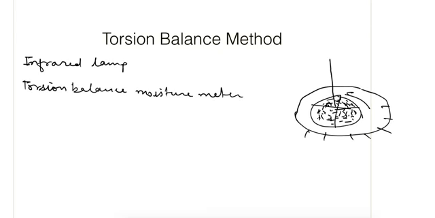But after this, what we'll do, we'll put some infrared light on this sample. Because of that, the sample will heat, and it will start losing its moisture. And because of losing that moisture, this plate will start rotating in the other direction, and we can measure that rotation from the given scale. And the scale is calibrated so that we can directly measure the water content from this. And this is it for this method.